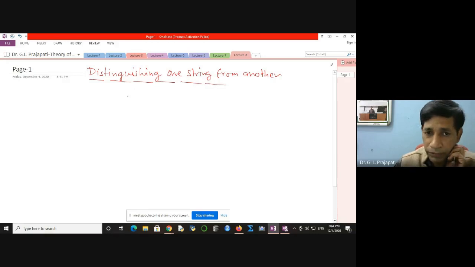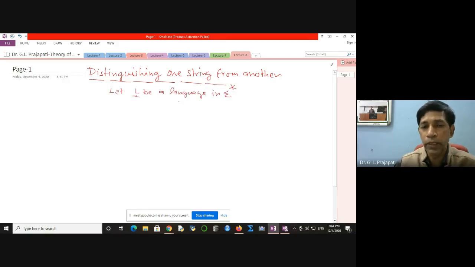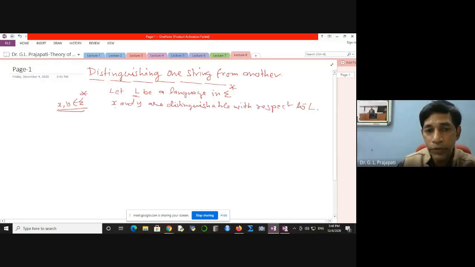So we assume that we have the language L, and L is a subset of sigma star. Why does your automaton go to one place for some string, and for some other string to different places? What is the reason behind that? Here we will see that these strings are distinguishable. If your strings are distinguishable, then your FA must go to different places. So we have the language L. If you say that X and Y, taken from sigma star, are distinguishable with respect to the language L, then